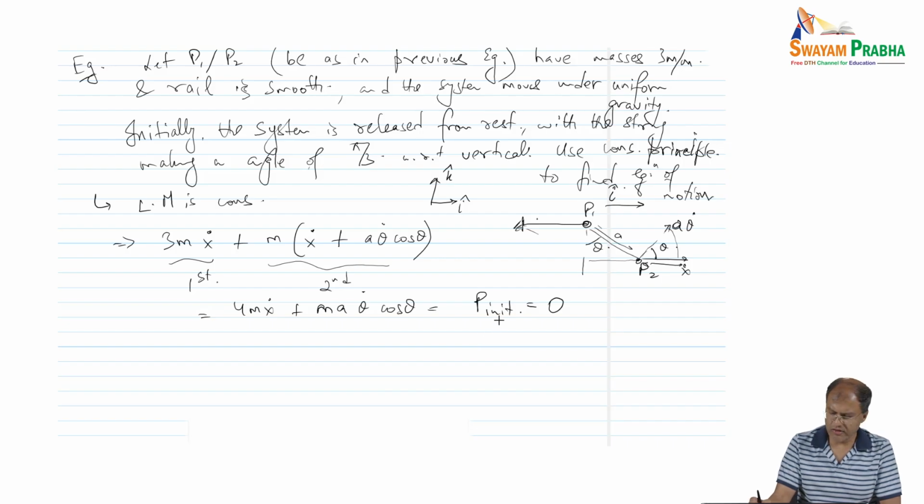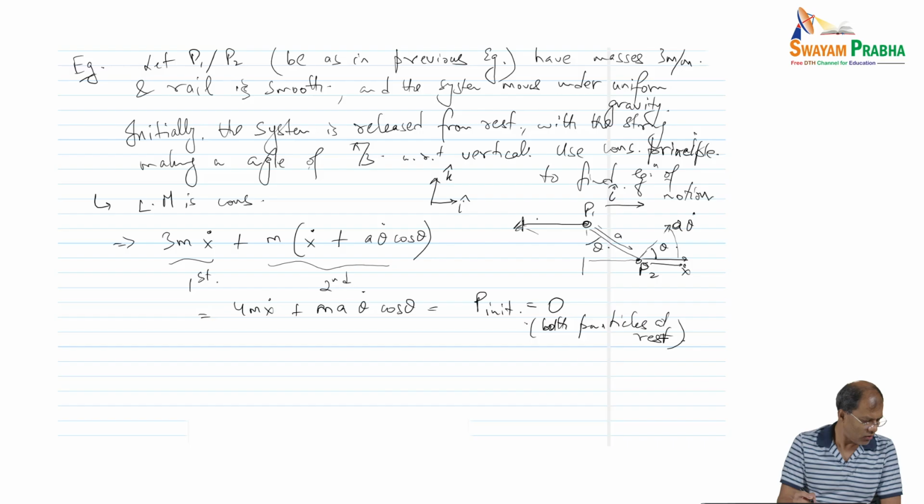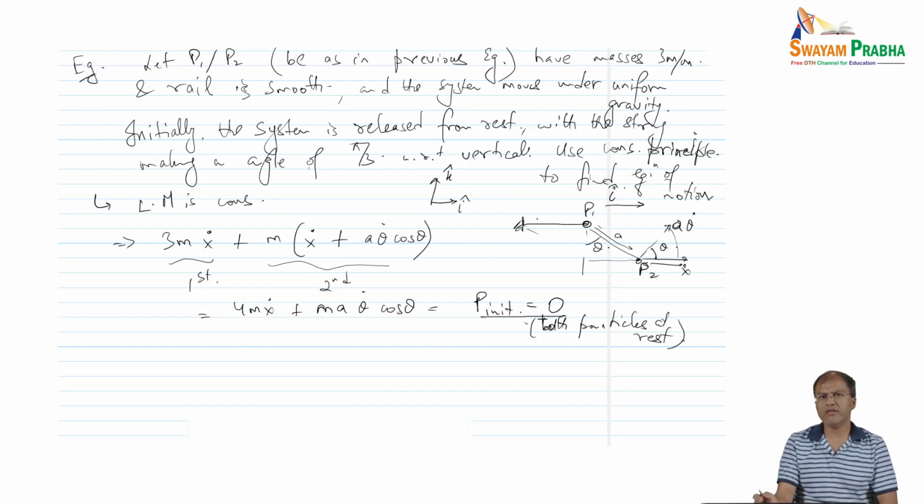So P initial is 0, because both the particles are at rest, right? Okay. We also see that in all this setup, we understand that the constraint forces